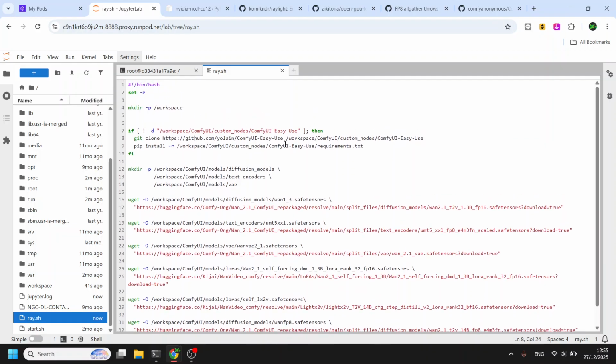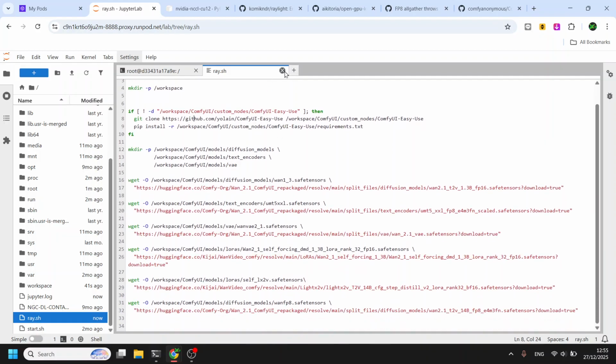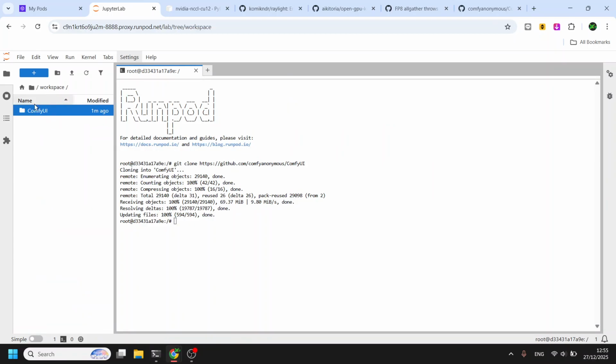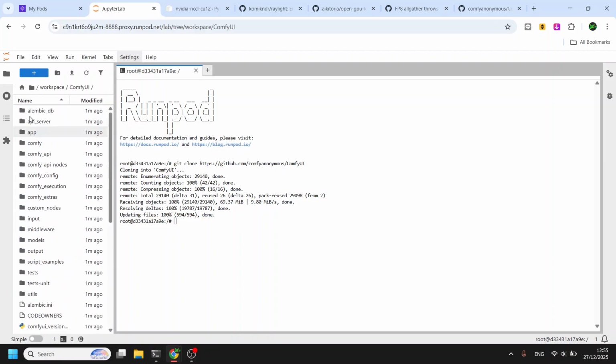ComfyUI, which is used for cleaning VRAM and the model, every derivative basically. So we are already in ComfyUI, but we have not yet installed the requirements. So let's install the requirements for ComfyUI.